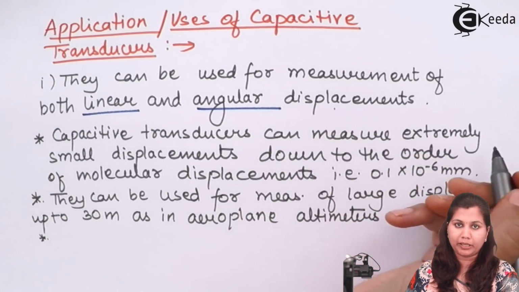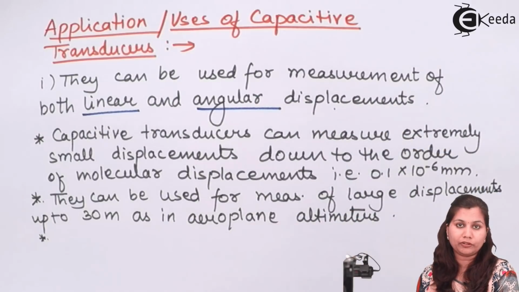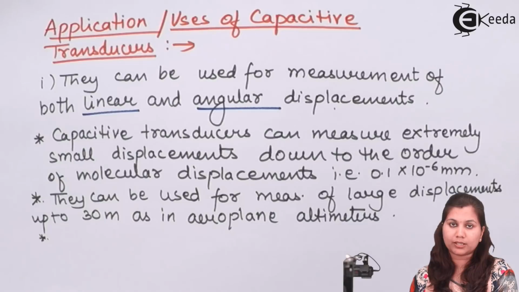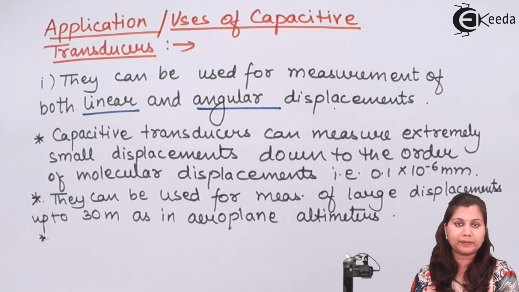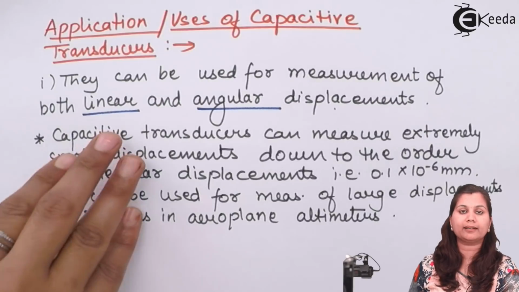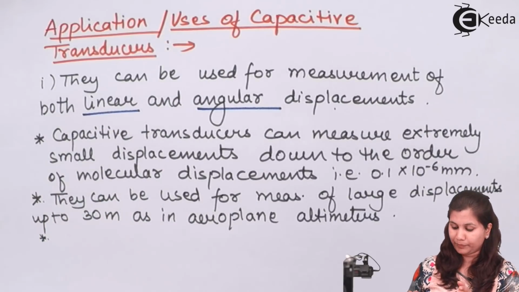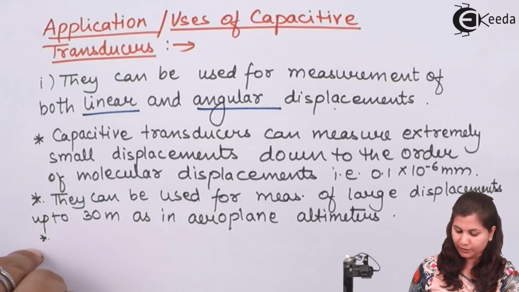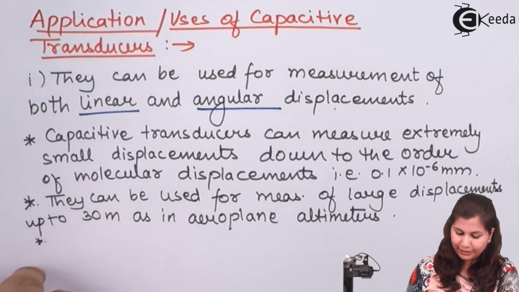They are used for both small displacement and large displacement measurements, and both linear and angular displacements can be measured. Now for the measurement of displacement, the change in the area of the plates and also the change in the distance between the plates can be used. So both these principles, change in the overlapping area of the plates and change in the distance between the plates, can be used for displacement measurement by the capacitive transducers. So that is the first application or first use of capacitive transducers. Second application is